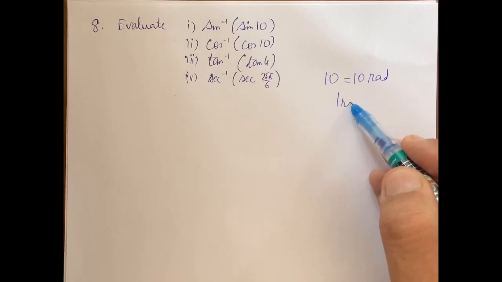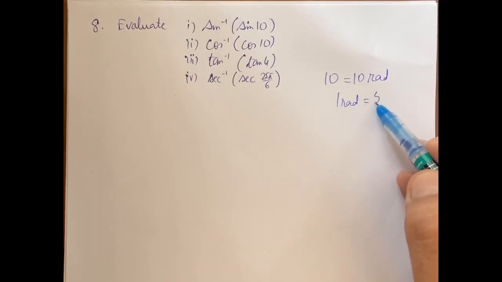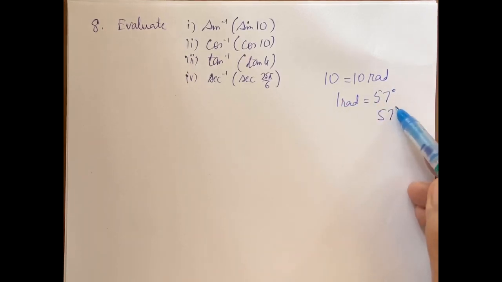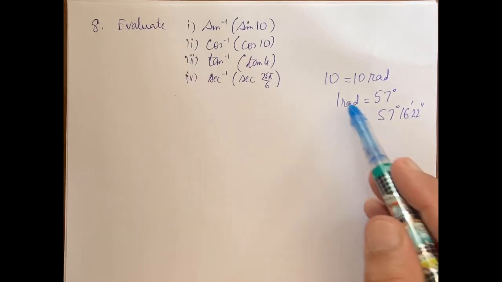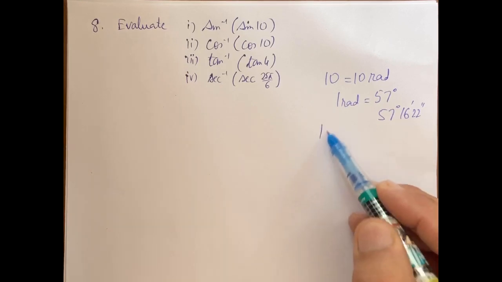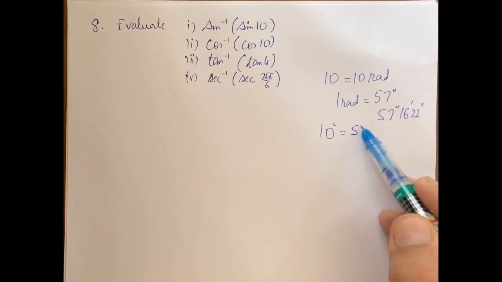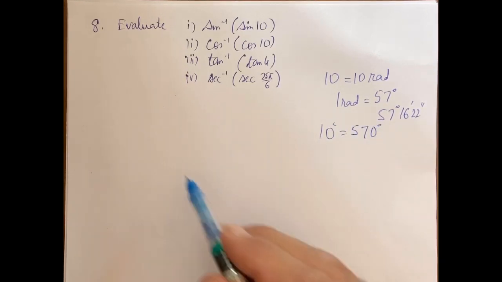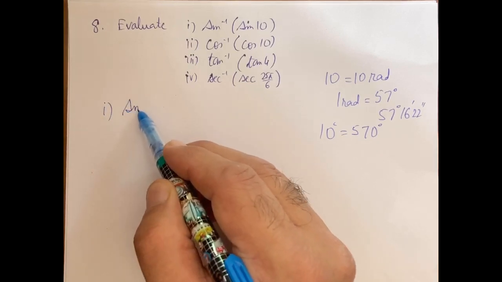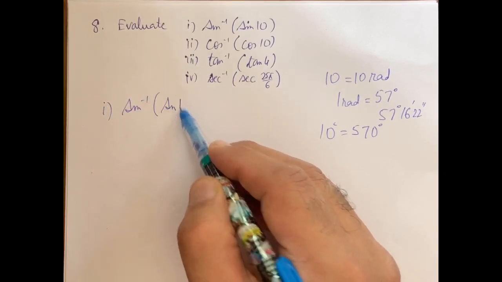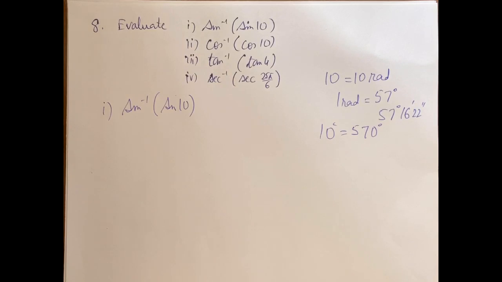1 radian, just to understand, is approximately 57 degrees. Actually, it's 57 degrees, 16 minutes and 22 seconds. So let's say it's 57 degrees. So 10 here means 570 degrees. So first part, sine inverse of, we have sine of 10. So I repeat, 10 here is 10 radians, which is roughly